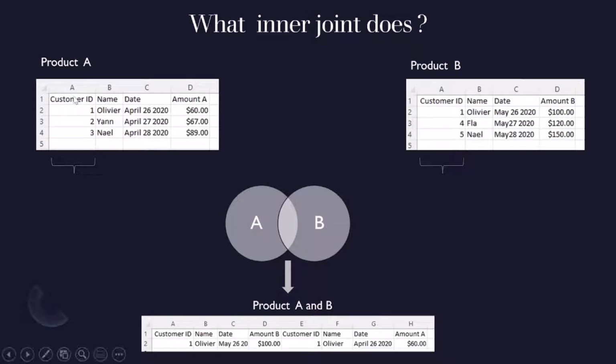Meaning you will look at all the customer IDs in product A and customer IDs in product B, and look for the intersection of both data sets in terms of customer ID to generate this kind of table. You can do that because you have a unique ID,